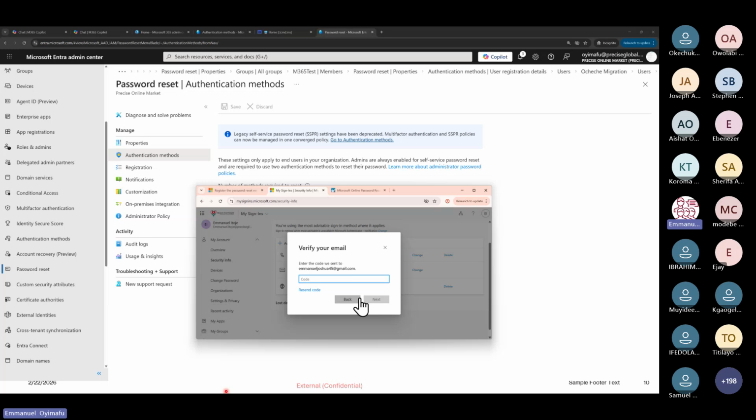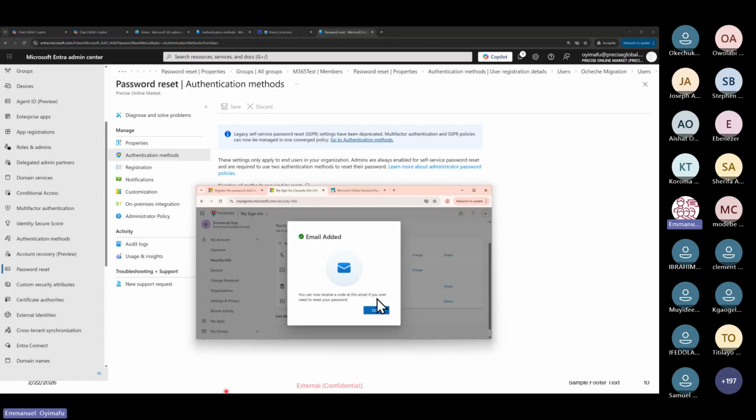So that is how to add your alternative email. So I'll just wait for the code to come in. Okay. It just came in now. 49492051. Then I'll do next. So I've added it now.